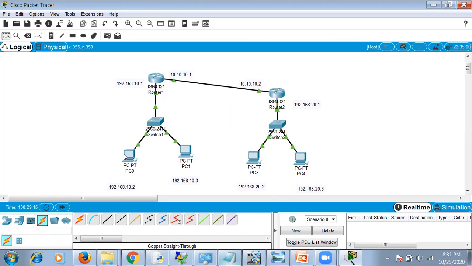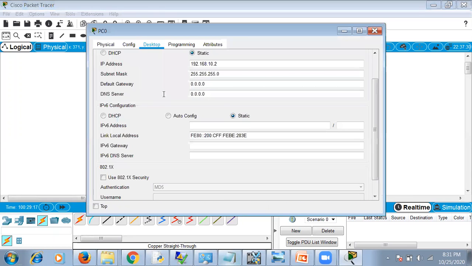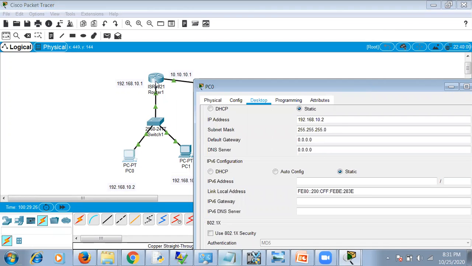To give the router address, we have to set the router address in this PC. We have to set the gateway address. The gateway address is nothing but the router address. The gateway address for this PC is this router. Usually router and gateway are considered the same. Even though a gateway is considered a main router which connects countries, usually router and gateway are the same because they work at the layer 3 interface.